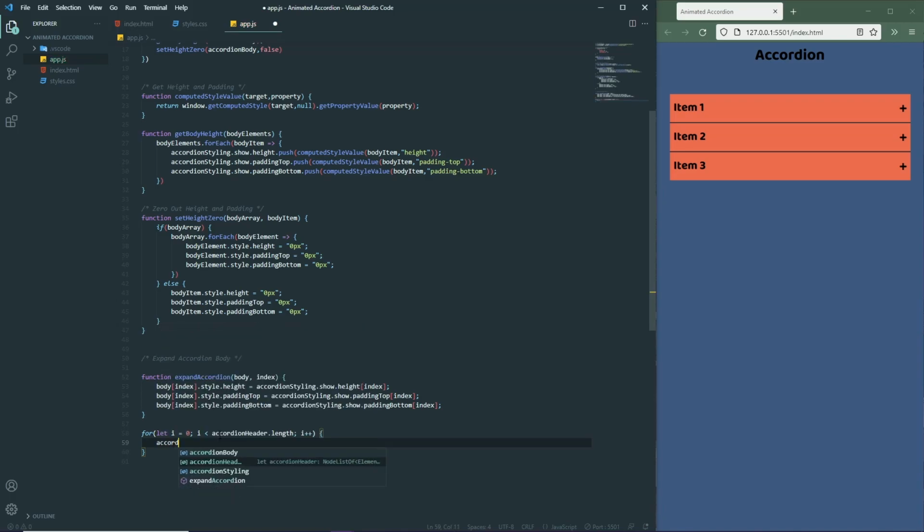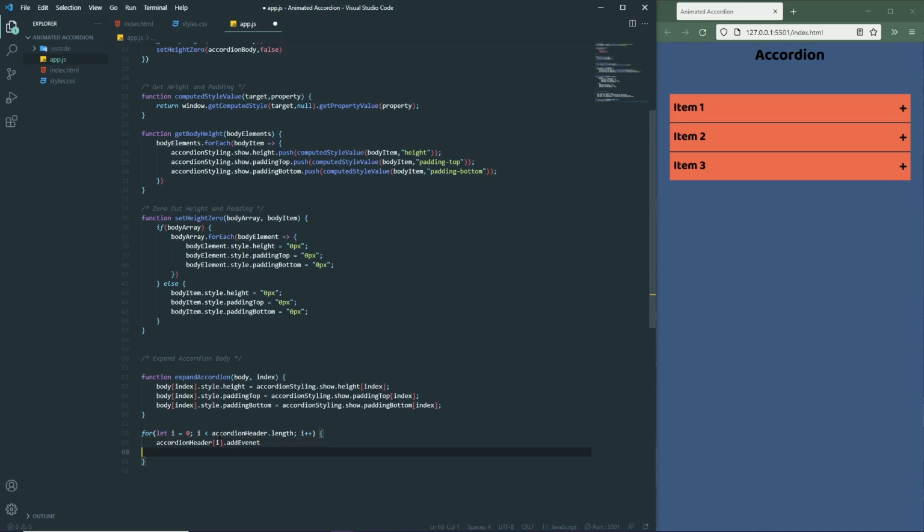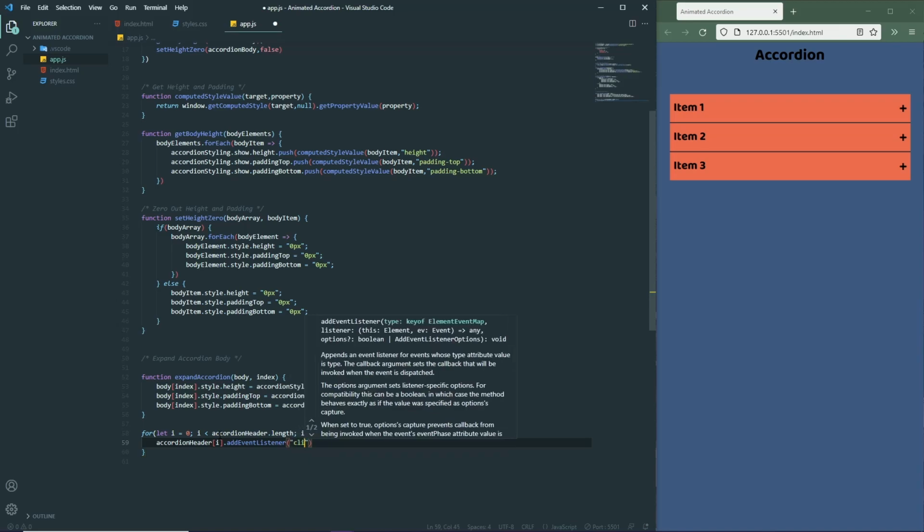Then to add all of those event listeners to every accordion header, you gotta use accordion header i, which is the index, you could say, right? And event listener. Click,